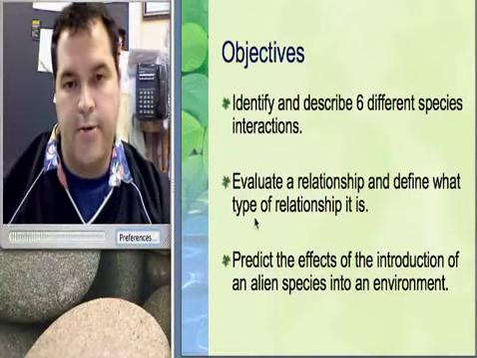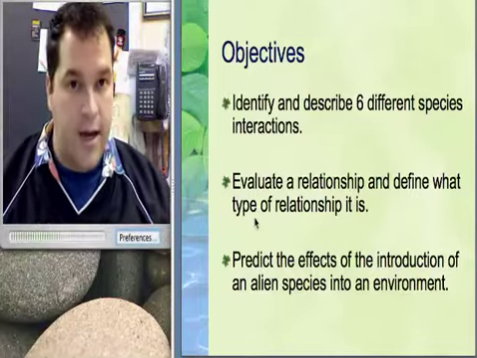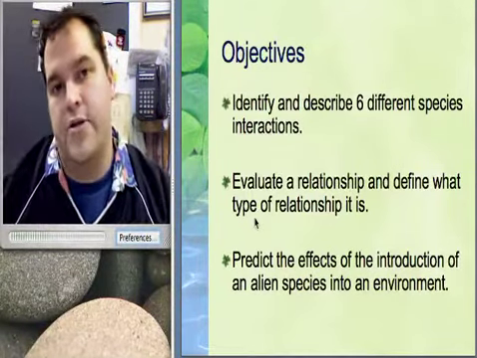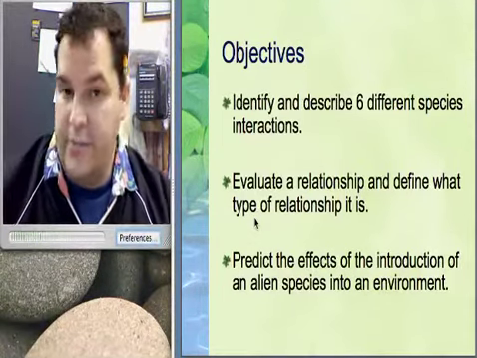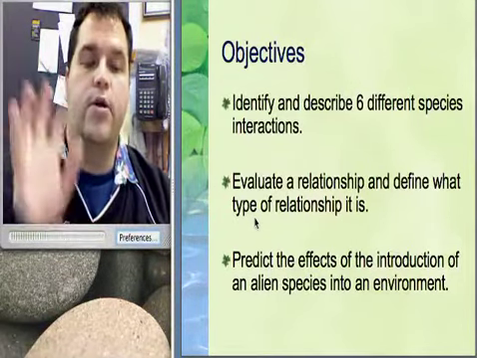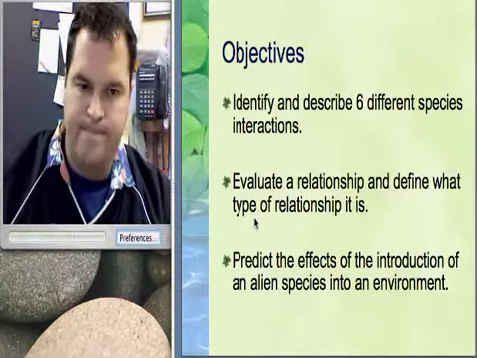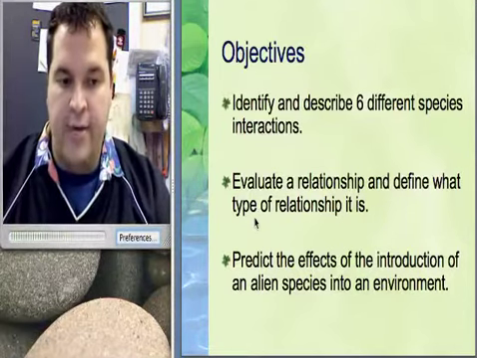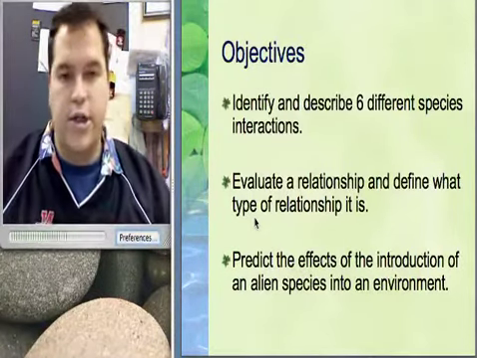Basically what we're going to be talking about today is that living organisms interact with other organisms all the time. And we know that because we've already started studying ecology. What we need to understand now is more specifics about those types of relationships. So we're going to talk about the types of relationships. We're going to be able to look at a relationship and go, oh, that's the kind of relationship that we see there. And we're also going to predict the effects of change in the environment if something takes these relationships and throws them off balance. Okay, so let's go ahead and get started.